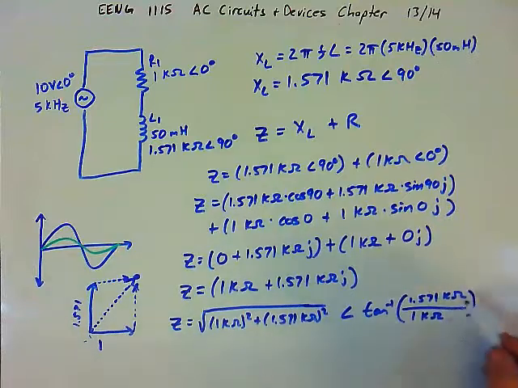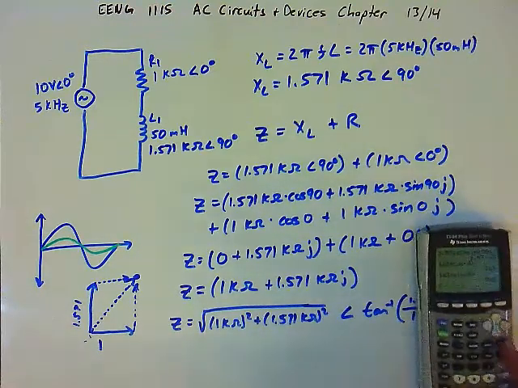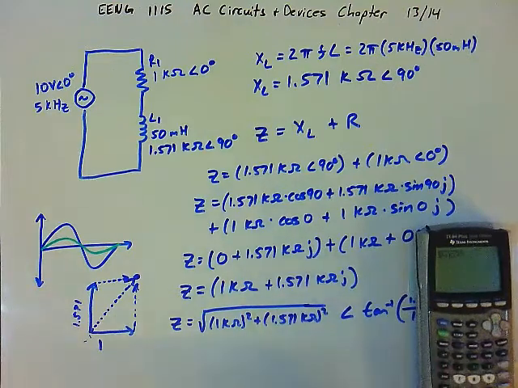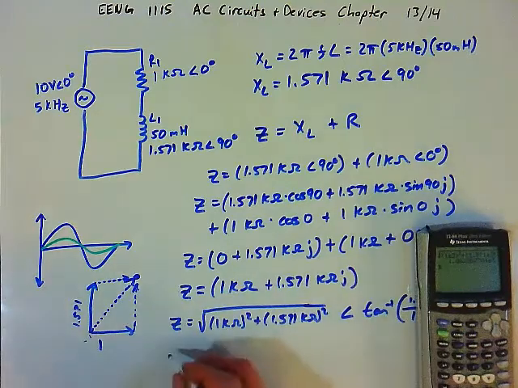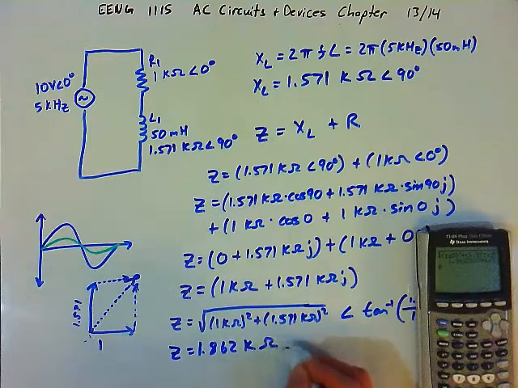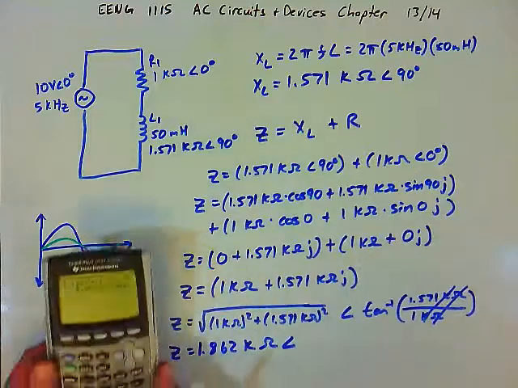Now when I divide these, the units cancel. Kilo ohms cancels out, right? So I didn't really need to write that there, but I did anyway. And so let's find the magnitude. We're taking the square root of 1E3 squared plus 1.571E3 for kilo squared, and we get 1.862. The impedance is 1.862, that's kiloohms, at an angle, and the angle will be the inverse